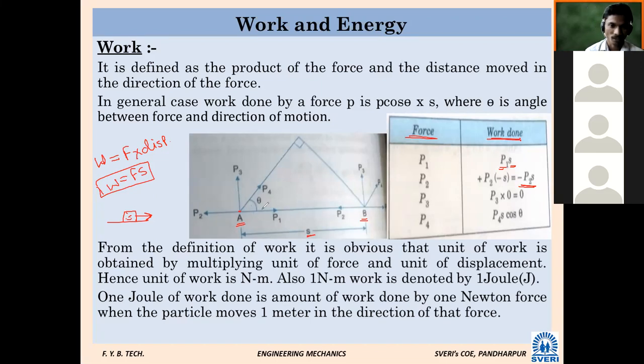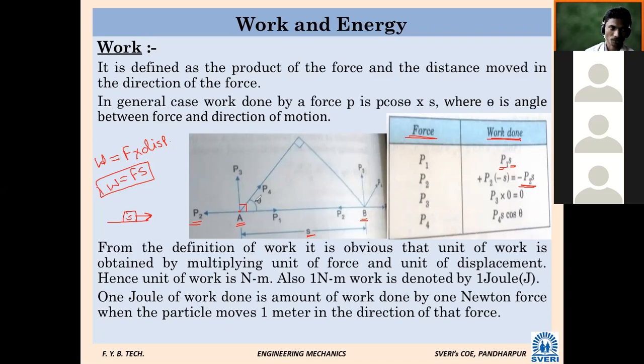Multiple choice question. Two questions can be possible here. If the object moves in the exactly opposite direction, P2 force is towards the left hand side, still the object is moving towards the right hand side, work done is negative. Two cases: work done is negative, and a force is applied and the object moves in a perpendicular direction. What will be the work done by that force? A particular force is applied at a certain point, but the object is moved or displaced in a perpendicular direction. So this angle is 90 degrees. So what will be the work done by that particular force?